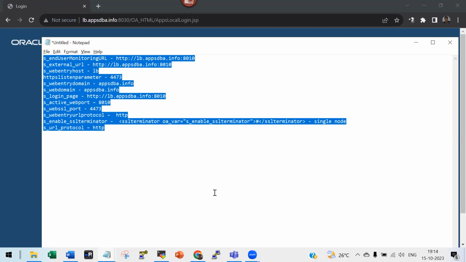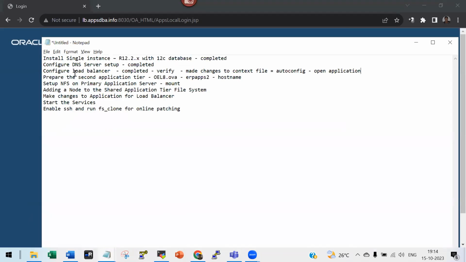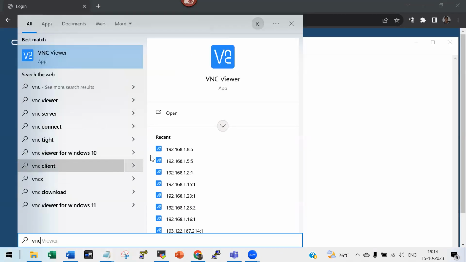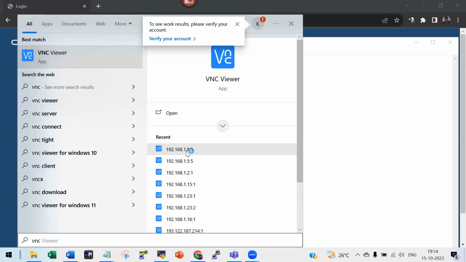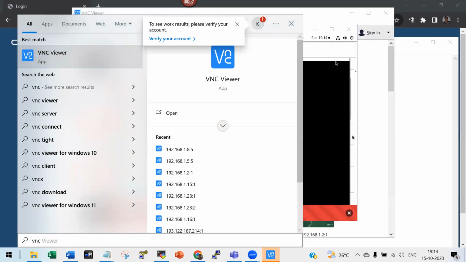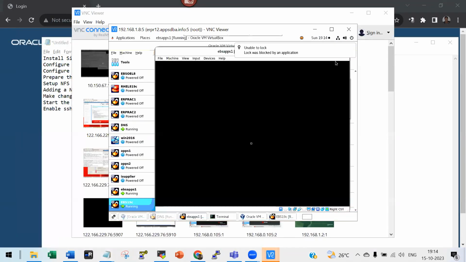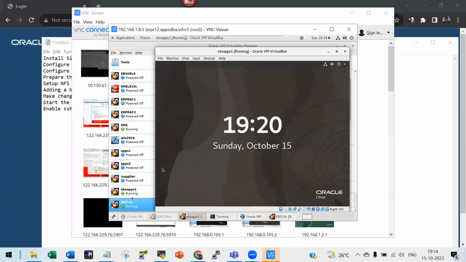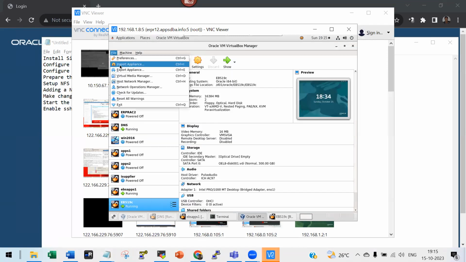Okay. So now we'll go to the next step. We have completed the third step. Now we prepare the second application tier. So for that, what I need to do, I need to go to my VNC, and I have to add a new node. Okay, so I have my EBS application, EBS apps 1. So what I'll do is I will import